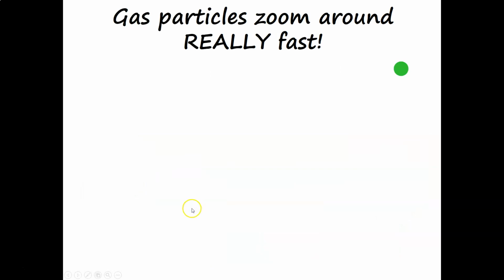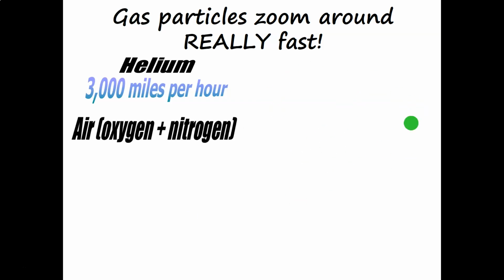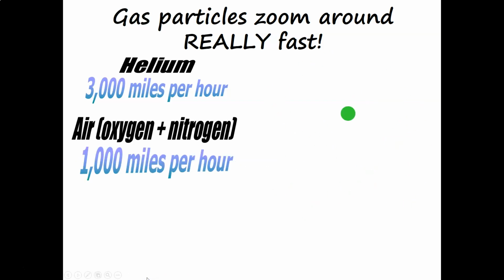So the gas particles zoom around really, really fast. They move in random motions. They don't have a brain, right? They're not deciding, oh, I feel like going to the left. They go until they hit the side of a container and then they bounce off. And when we say they go fast, I mean really fast. Helium goes 3,000 miles an hour. Air is a mixture of a lot of things. It's primarily oxygen and nitrogen, which is a little bit heavier. So on average, it goes about 1,000 miles an hour. That means